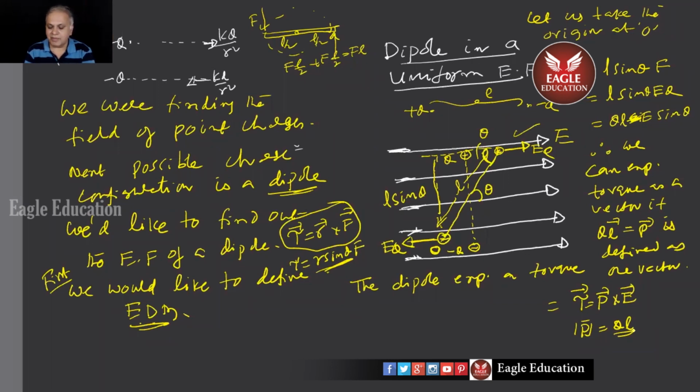Here, QL, I made a vector. So what is the direction of this QL, children, here? From minus to plus. Only then the torque will be P cross E this way. So that will be exactly coinciding with the way the dipole is going to turn because of this torque. P cross E, right hand thumb rule, do you know? P to E turn. The thumb shows you the direction of torque. Here I think you got trouble and you're not revealing.